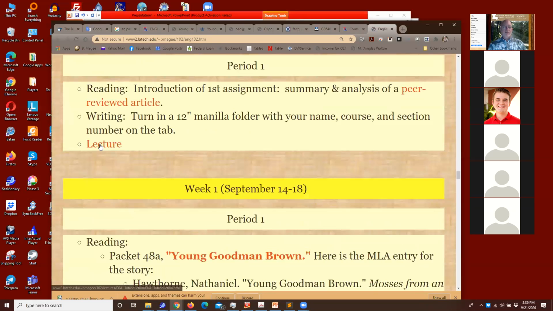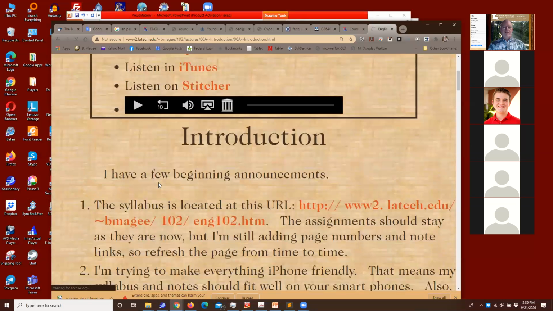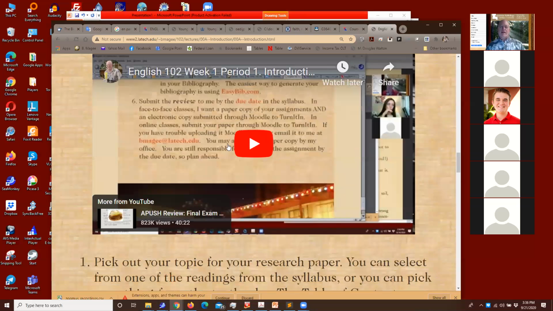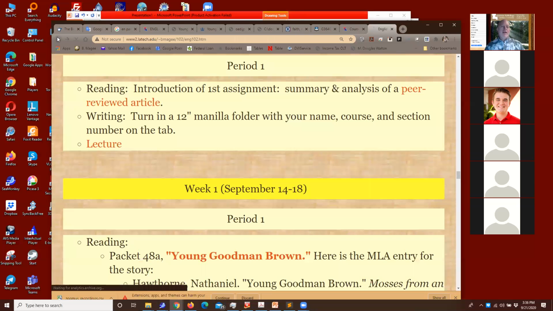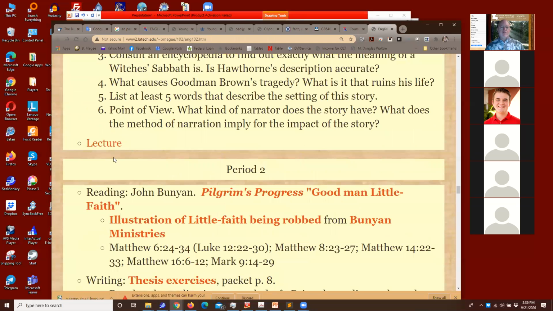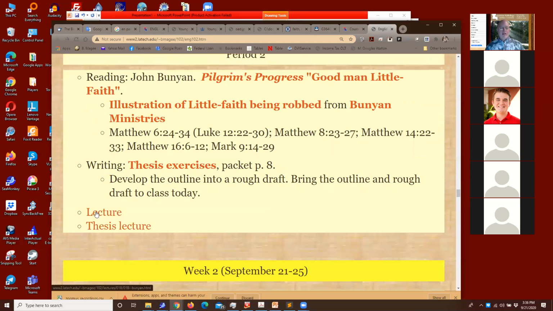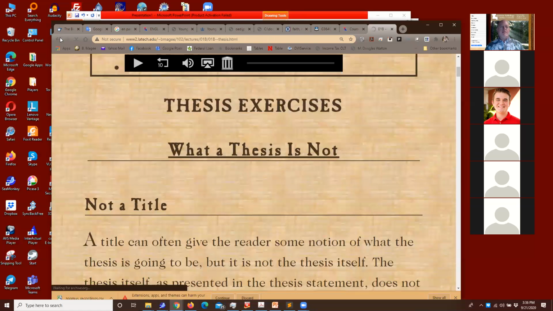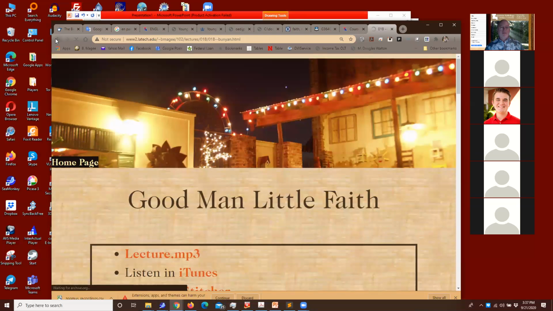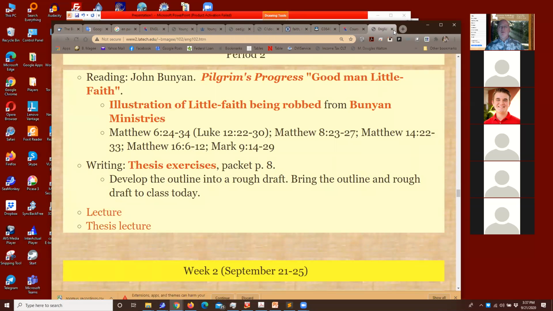Okay, so go to that period and there's that period's lecture. And it's got all my previous notes. So that's the other thing. I can embed it and we don't lose stuff. So today's lecture will eventually be in both of these places, thesis and regular lecture. All right, any more questions?